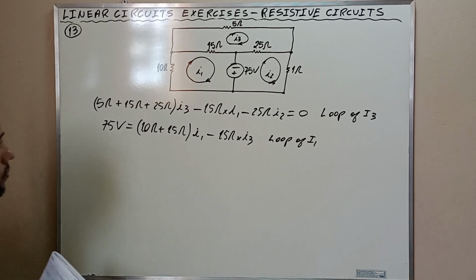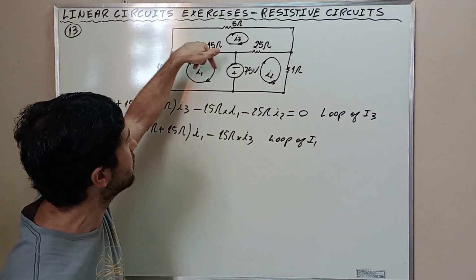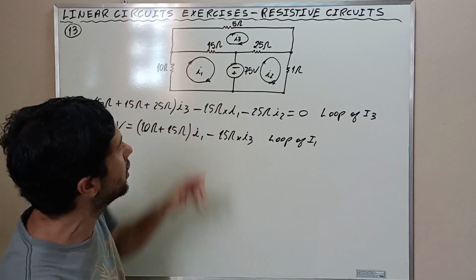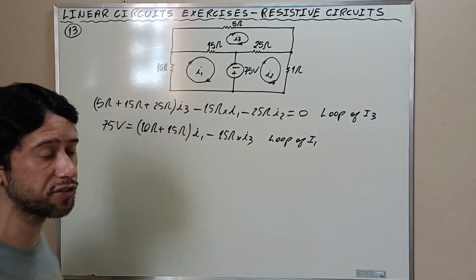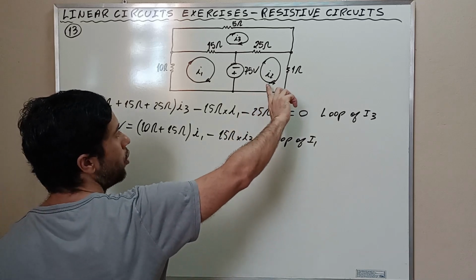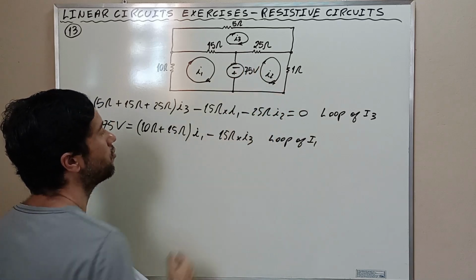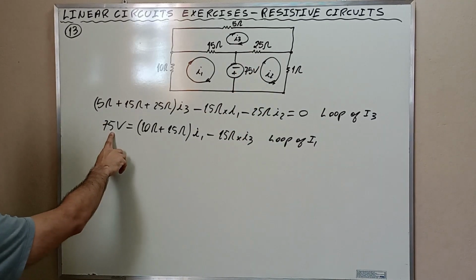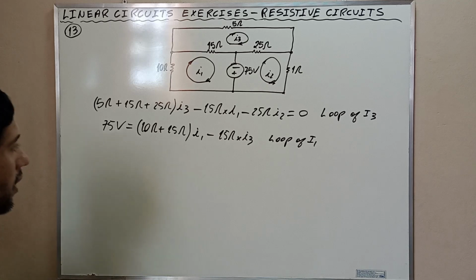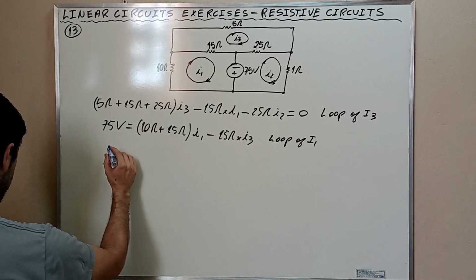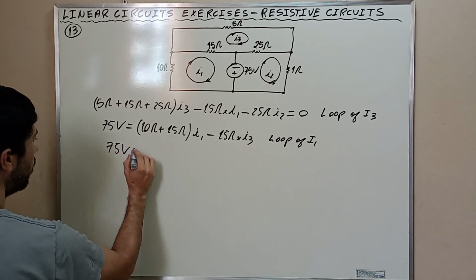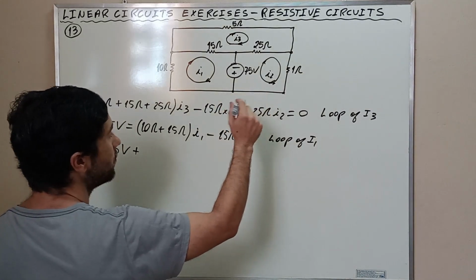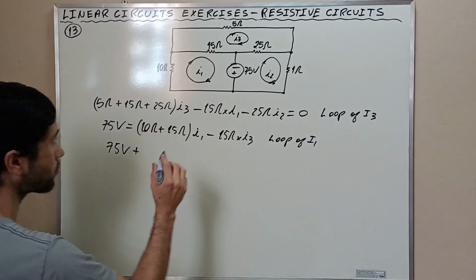I2 now. Here, observe that the current I1 was going in this direction here, but observe that the exercise shows that the loop of I2 is going to flow in this direction here. So it is not going to be like this, okay? It is going to be different. It is going to be this: 75 volts plus, because 75 volts plus